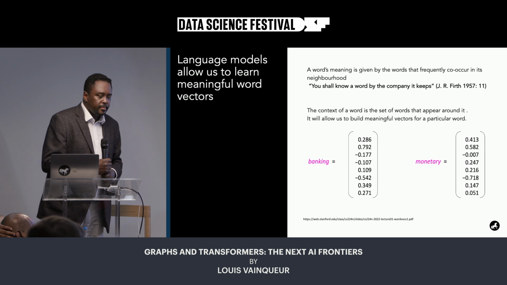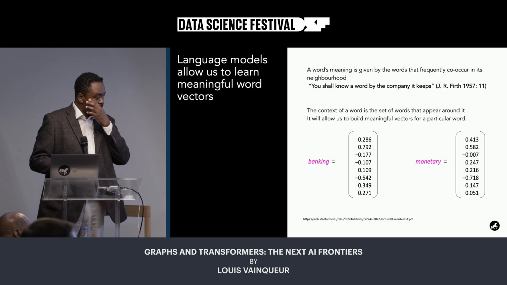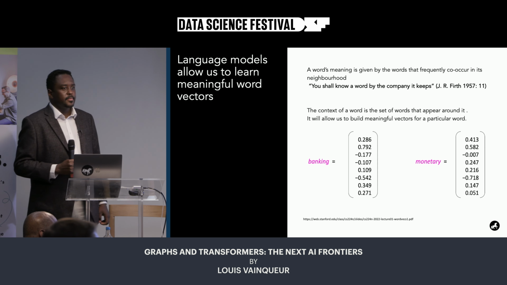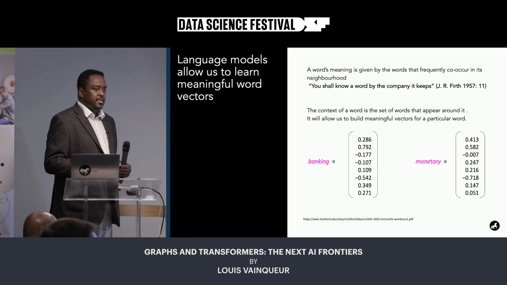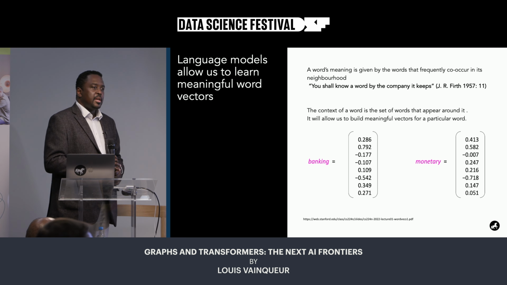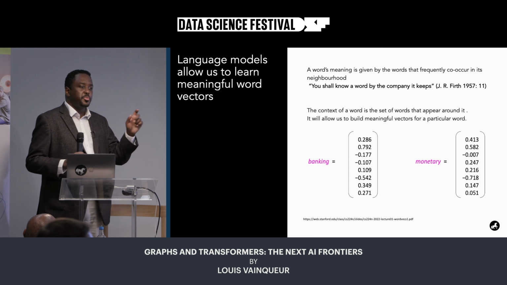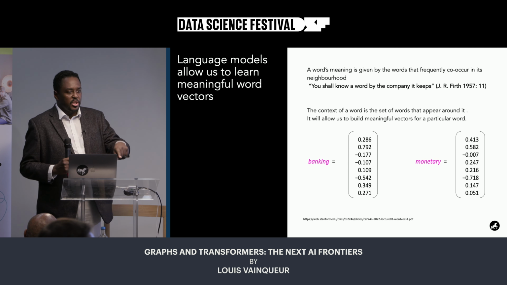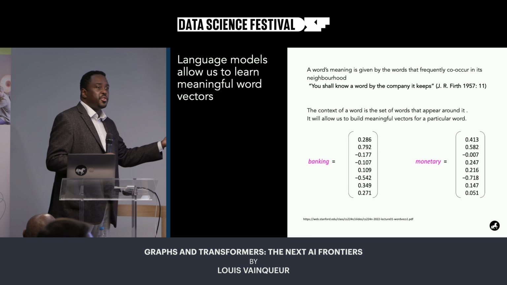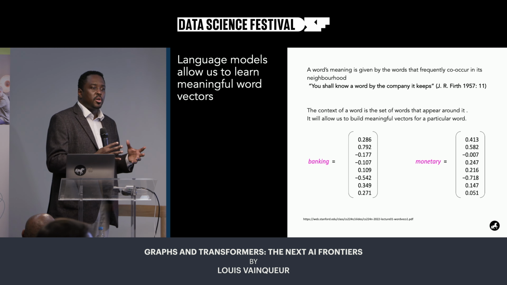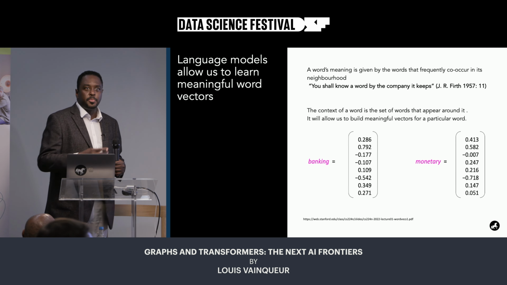If a word has more than one meaning, then presumably you're given a different set of values? Yes, for the same word. Yes, we'll talk about that later, but that was precisely one of the advances of transformers compared to the previous versions that were static word vectors. So that's partly the difference.